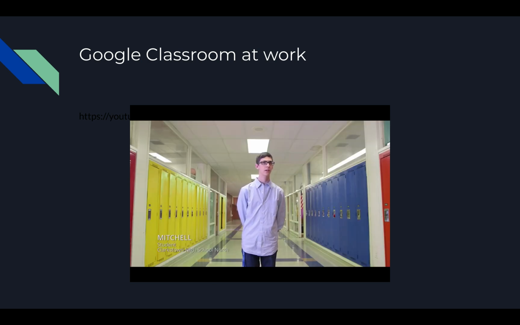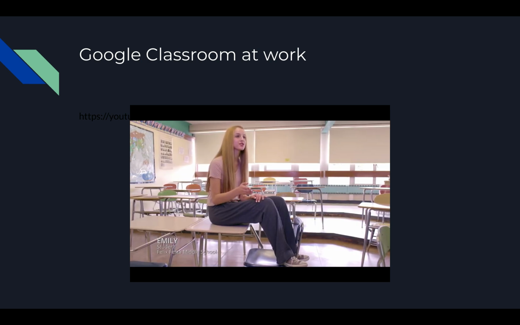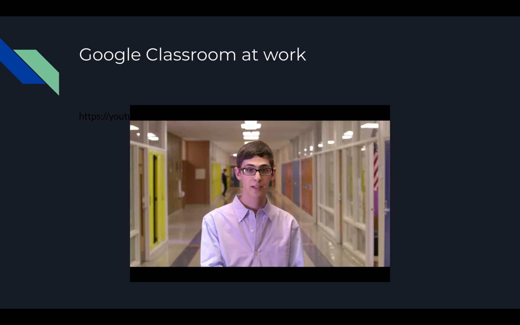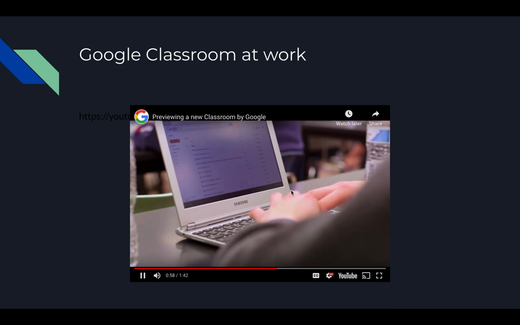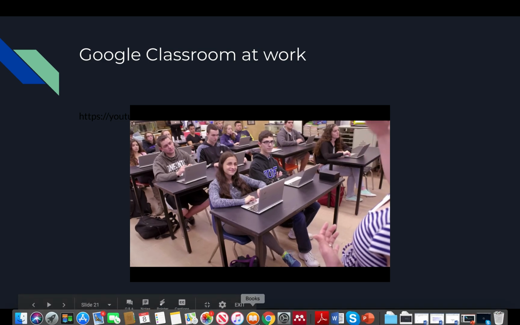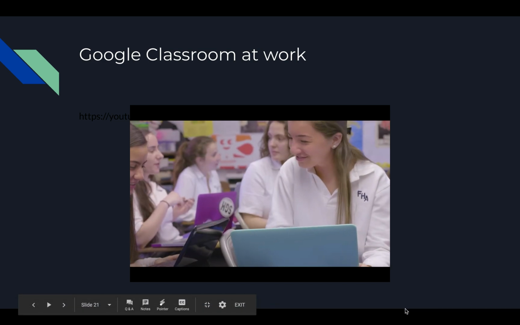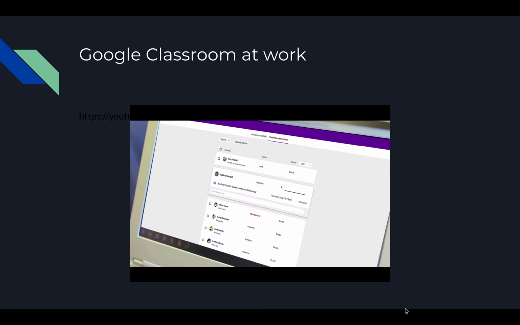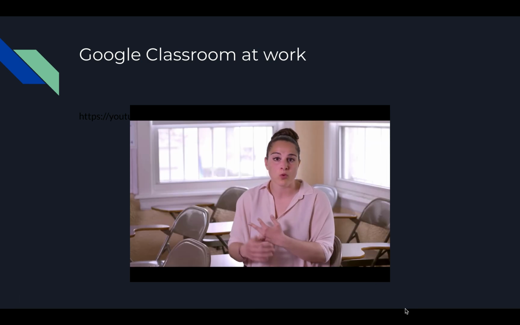Everything that we need for the class is in one place. My worksheets are there, my group work is there. I submit it, and then it's done. I don't have to worry about losing it or forgetting to hand it in or spilling coffee on it in the morning. Classroom really helped to organize everything, and it showed me when it was submitted, what was submitted.